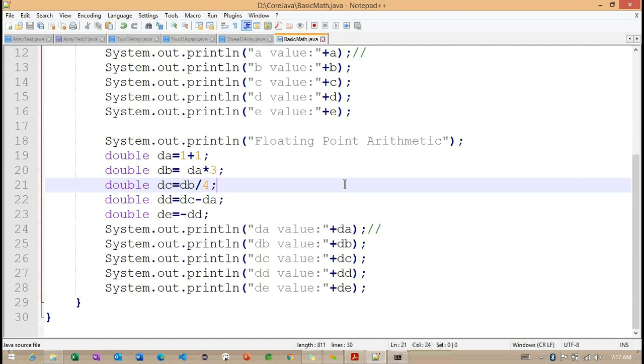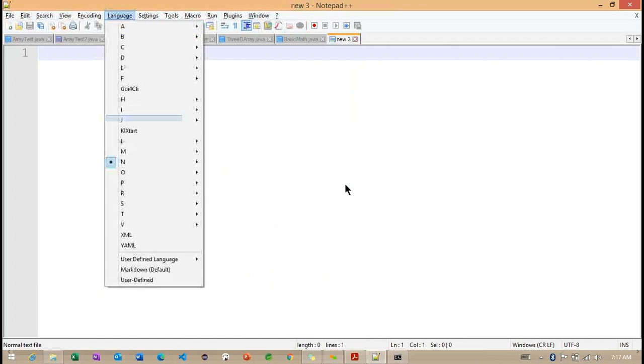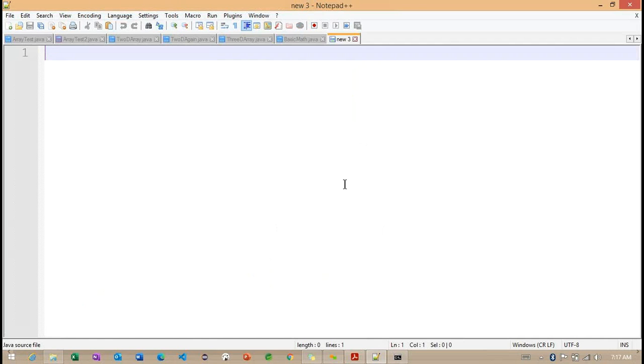Okay. One more example here. We need to check the modulo operator here. Basically, the modulo operator is going to return the remainder of the division. Okay.